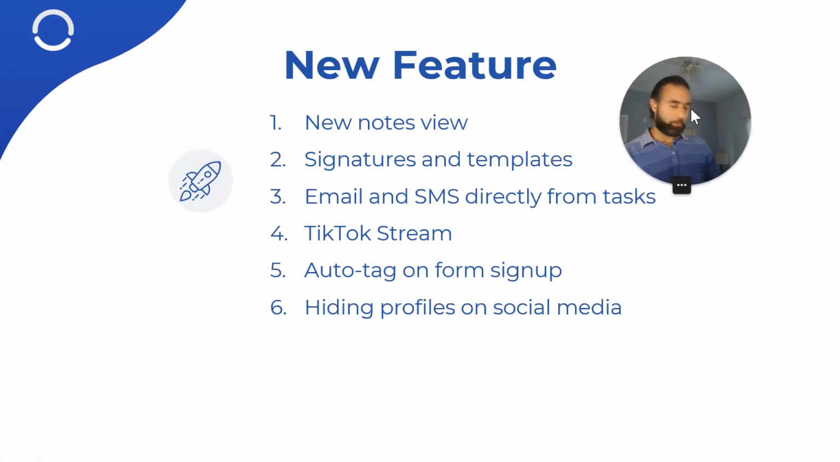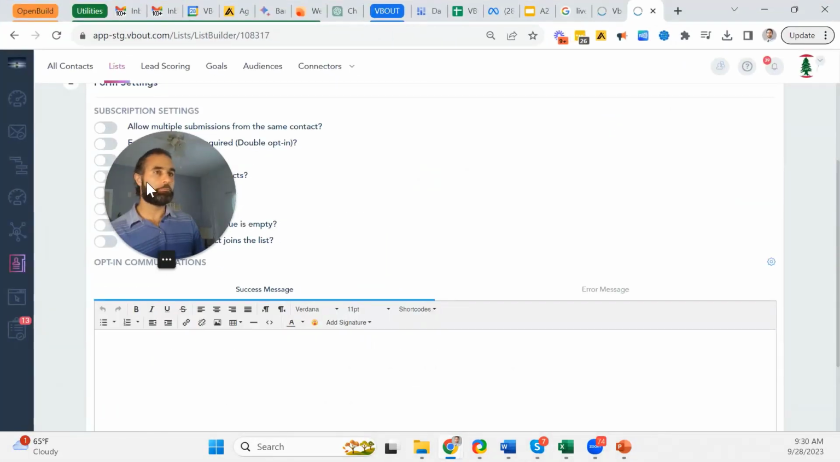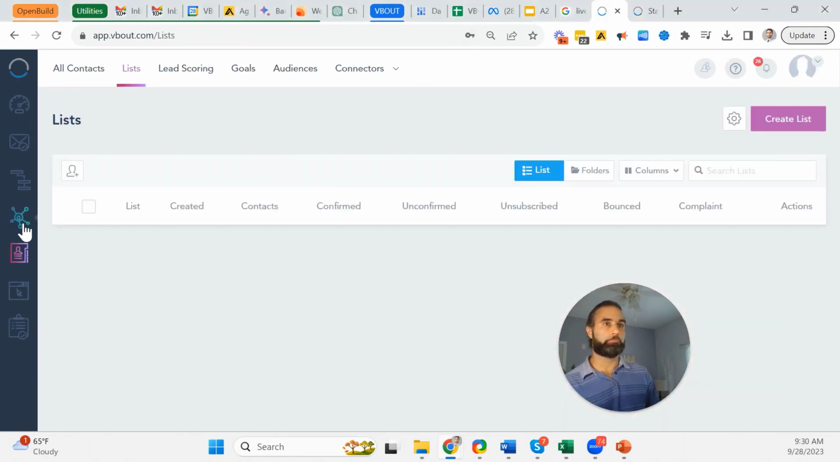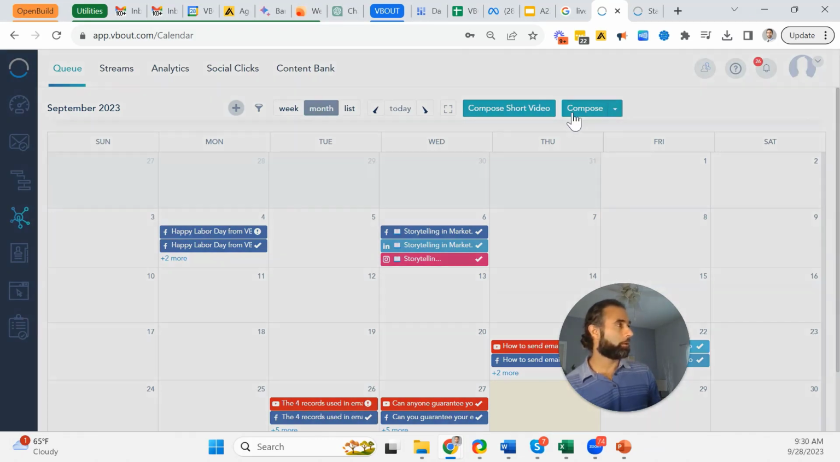All right, another highly anticipated feature, which I personally like as well, is the ability to hide profiles under your social media connection. This applies if you are managing other accounts and you're connecting social media through your account. So let me show you how that works. So obviously under your social media, I can open up, and mind you, we're just doing some updates right now. I compose,